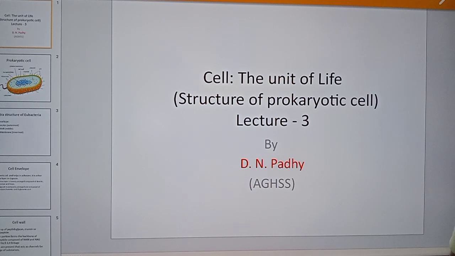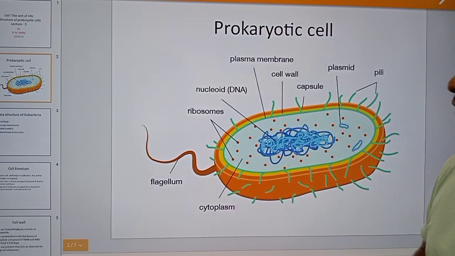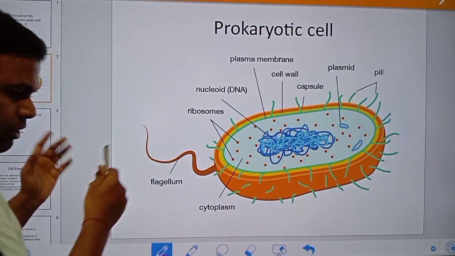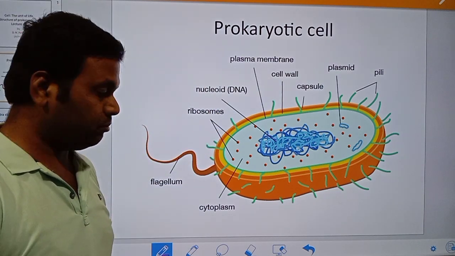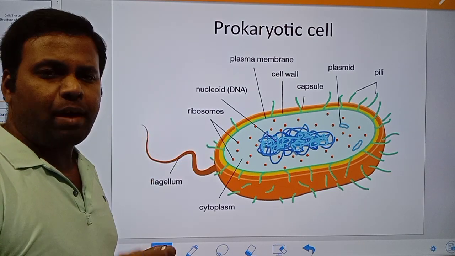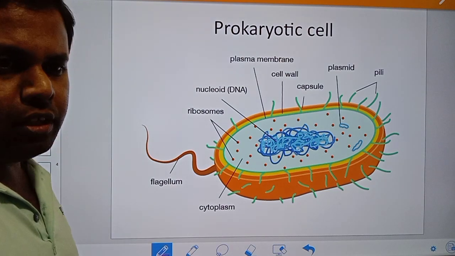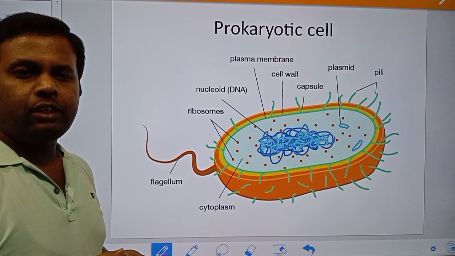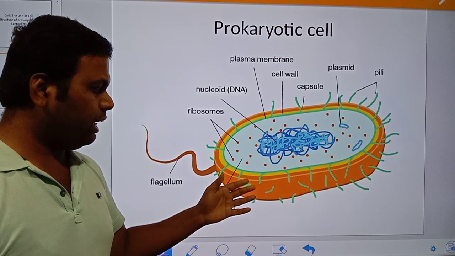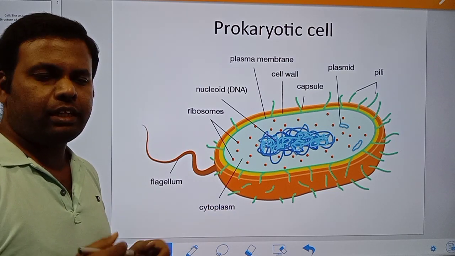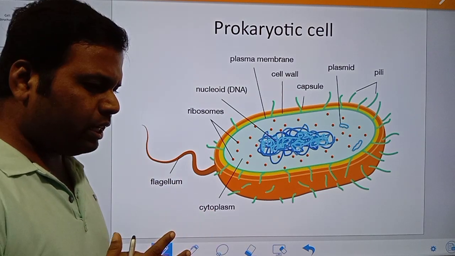Last class we discussed the prokaryotic structure. There is an image that I will discuss here again. Last video we discussed that this is the structure of a prokaryotic cell and its different components. The diagram is of a bacterium. We know that bacterial cells are prokaryotic. They do not contain a true nucleus, or an incipient nucleus; the nucleus is not truly present, and it is represented by a DNA, a circular double-stranded DNA present in this cell. Here you will see different components from outer to inner.